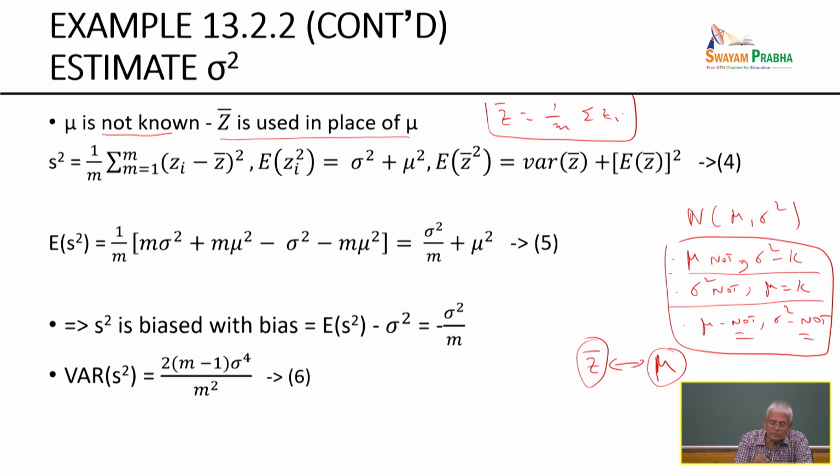Now I am going to consider estimating the variance. Please understand, to compute the variance, I need the mean. I don't have the real mean. I only have an estimate of the mean. So if you don't have the true knowledge, I use the estimate in place of that. So this is the statistical estimate of the variance of a random variable when the mean is not known, where the actual mean is replaced by the sample mean. Please look at the formula here.